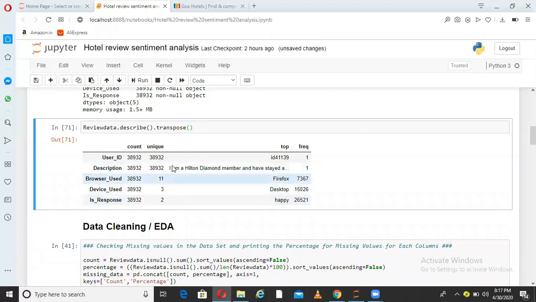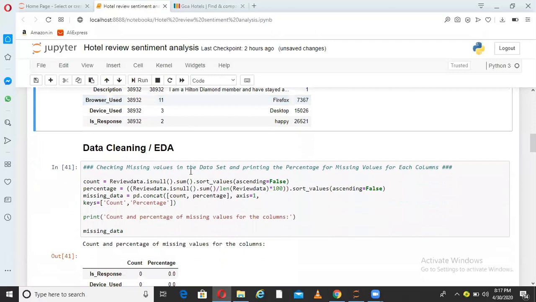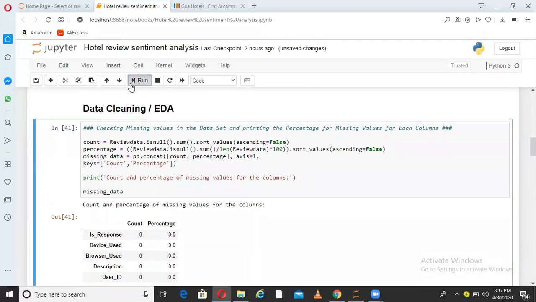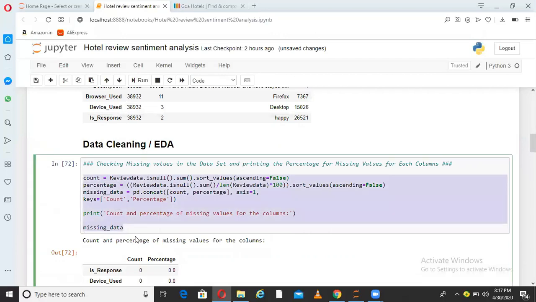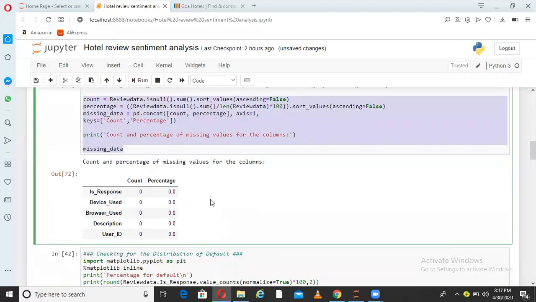Some basic EDA. More EDA we can do: this code will give you the percentage of missing values in each of the columns. Okay, so when we see count 0 and percentage 0, it means this particular column does not have any missing value. Similarly, this particular column does not have any missing value.